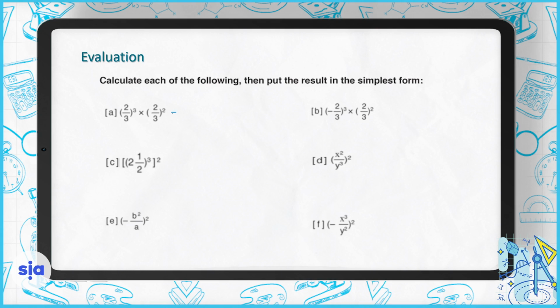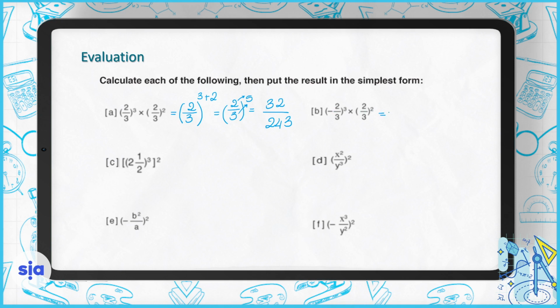So here we have the same base, it's 2 over 3 all to the power of 3 plus 2, which is 2 over 3 all to the power of 5, which is 32 divided by 243. That came from 2 to the power of 5 over 3 to the power of 5. Question B,